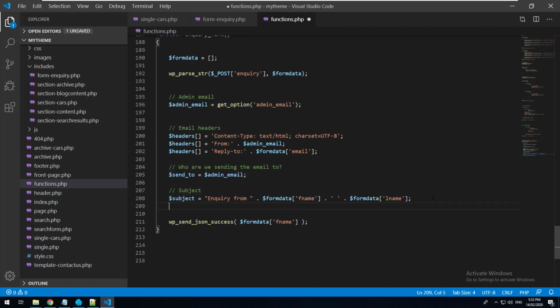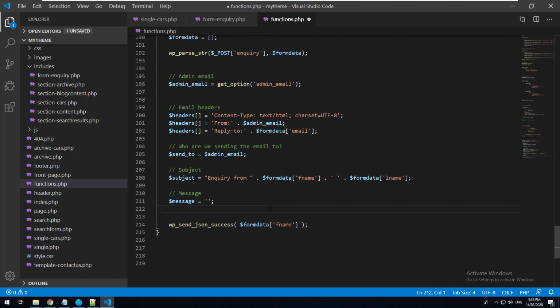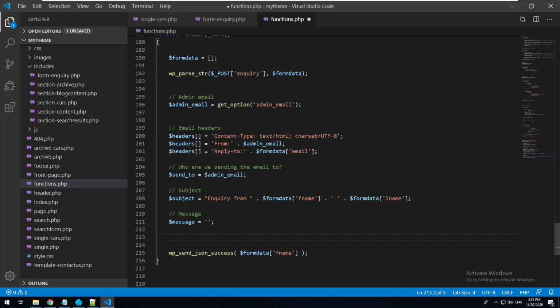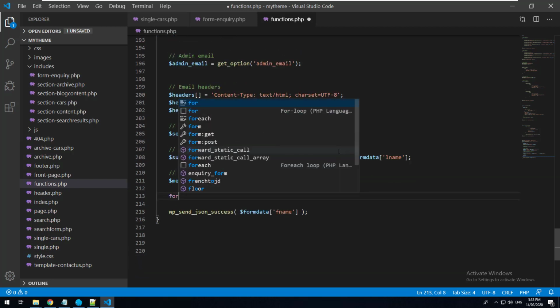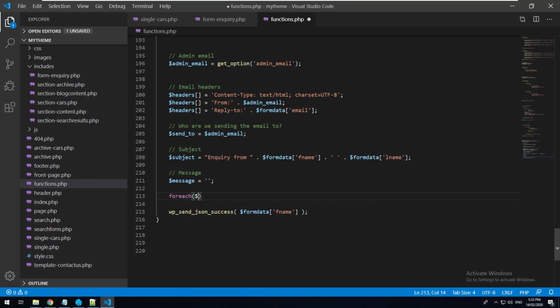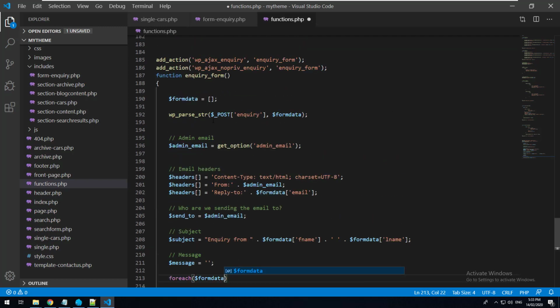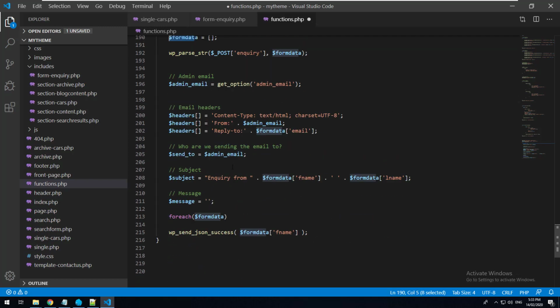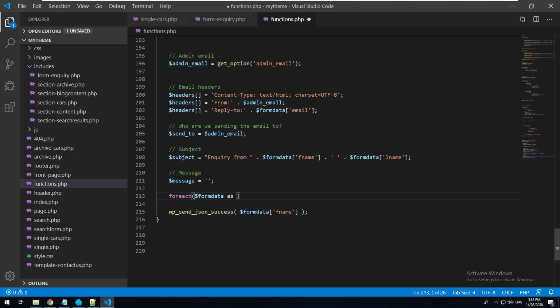And then we want to choose the message. So the message of the email will be in a variable called message. So we'll just create a blank one first, and then we can add to it. So we can do the dot equals syntax. So rather than hard coding every form field, what we can do is make it dynamic. We can do for each form data, which is the array of the fields, as field,